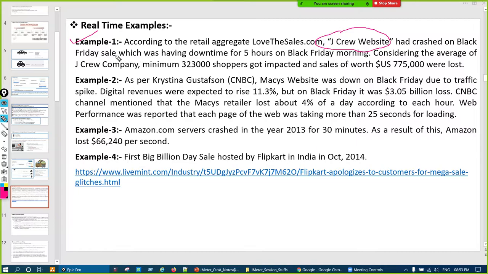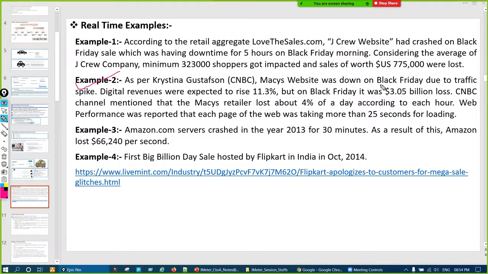One day their website was down for 5 hours on that Black Friday sale, and the estimated loss they had was this much, because their website was not proper and it went down because of that big Black Friday sale.